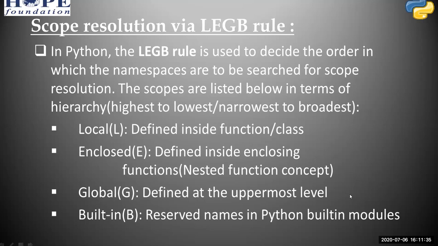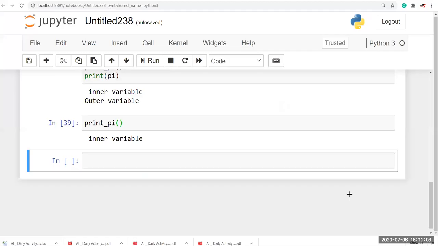Finally, Python checks the names related to built-in functions, like list, string, uppercase, lowercase. These are our built-in functions. Finally, it checks if the variable is equal to those built-in functions. This is the order in which Python deals with variables. Let's see a couple of examples for scopes in Python.